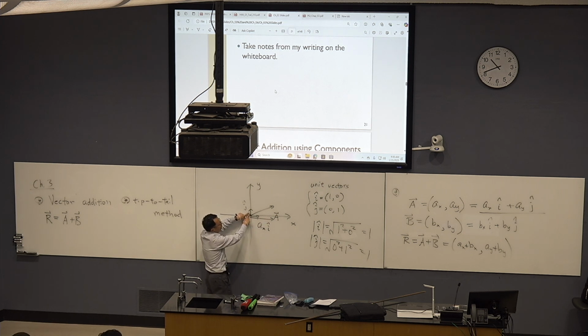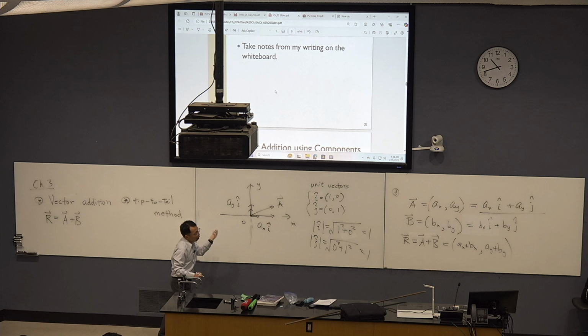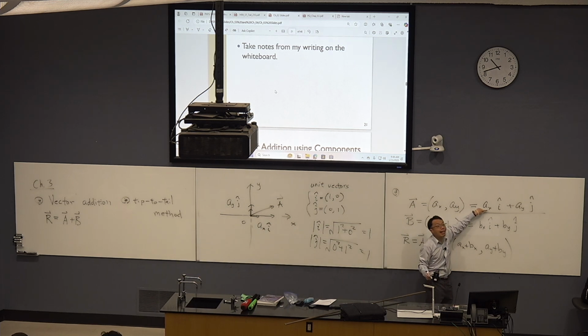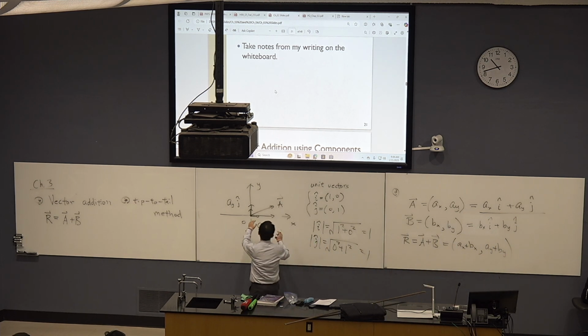And now, this is j hat, right? And you rescale it by a factor of AY. Right? So here, let me draw it again. Okay? This was A, and this was i hat. So they rescale it, it becomes this one, AX times i hat. And this is j hat. We rescale it, it will become this. And after rescaling, it's called AY times j hat. And now you wonder, what's the meaning of AX times i hat plus AY times j hat? What do we mean by that, right? So what we mean by this is do the vector sum. When you do the vector sum, you consider the following. It's a bit weird, right?